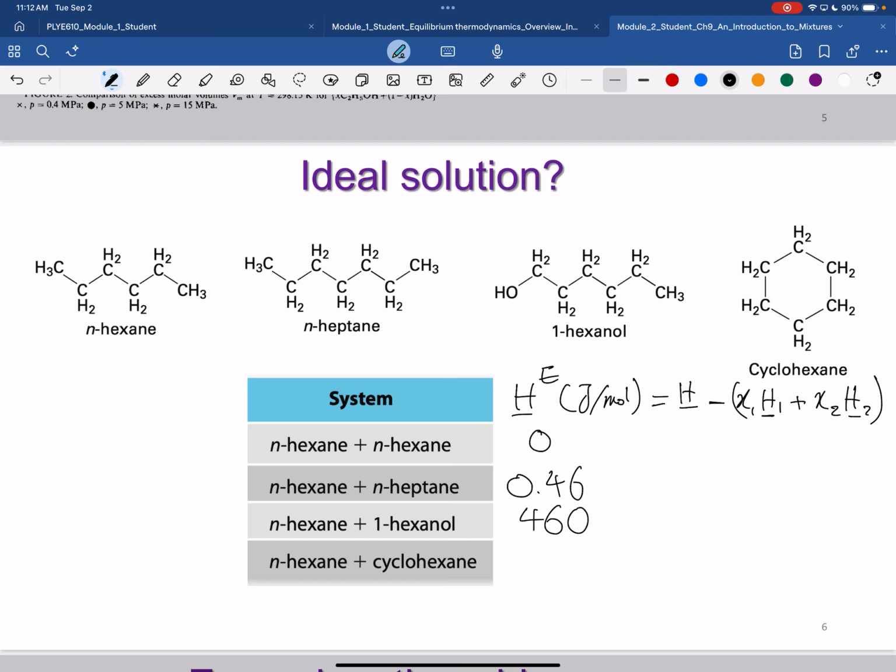So the other one, n-hexane with cyclohexane. What about that? Size, shape, interactions. The interactions are the same, but the size and shapes are different, right? So for this one, the enthalpy of the mixture is 216, right? So basically, this shows you a very high